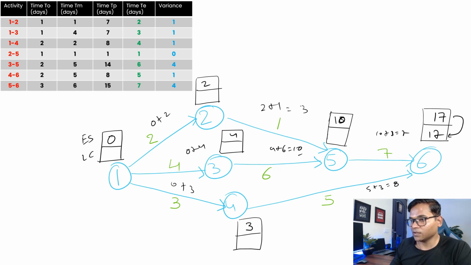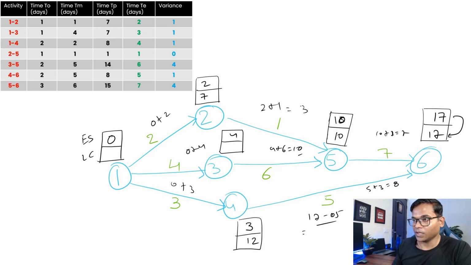Then we go back here, and if we come back here, so 17 minus 5, right? 17 minus 5 is basically 12. If you go here we will see 17 minus 7, that is your 10. Now we move to here, 10 minus 3, so 10 minus 3 will be your